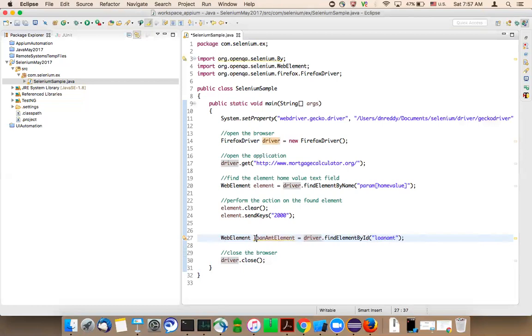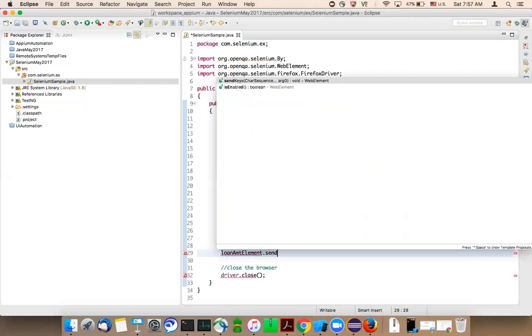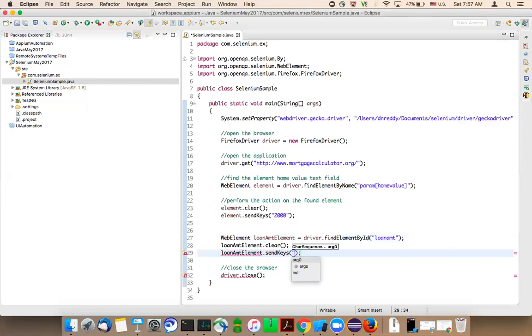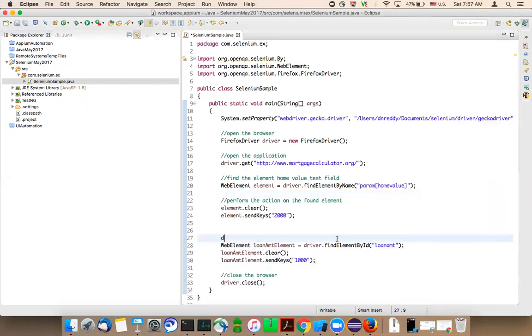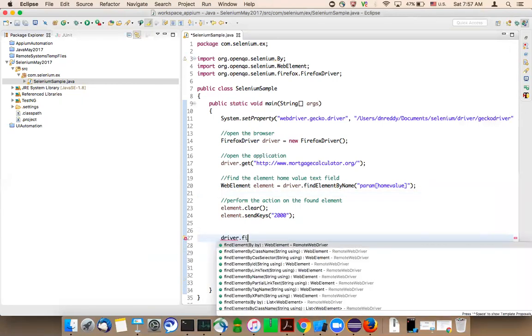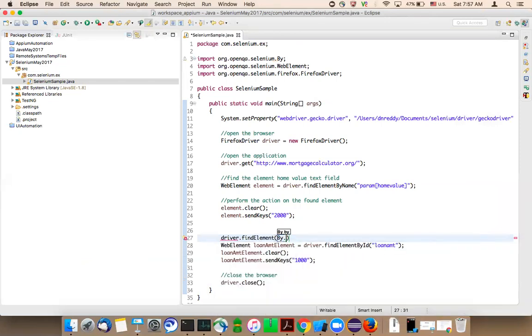As it is a text field, you need to call the clear method first and then sendKeys, let's say the loan amount is 1000. You can say driver.findElement by ID like this, or you can say driver.findElement with By.id.